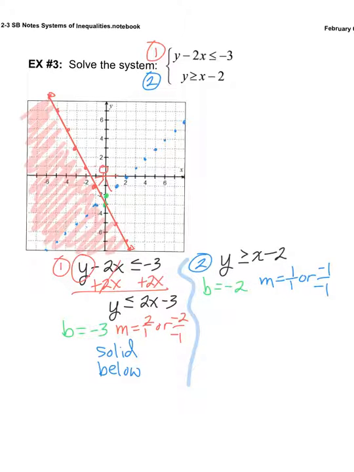Okay, so now I'm going to connect. Because I've got equals to, I'm going to have a solid line, and then greater than means above. So solid and above. So if I were to be dropped, well, let's do the solid line first. So I'm going to put in my solid line. Okay,